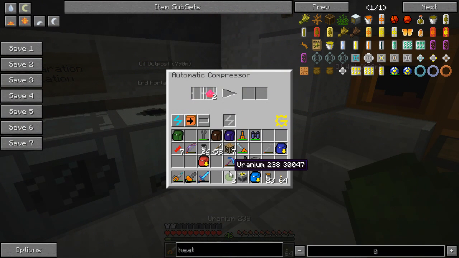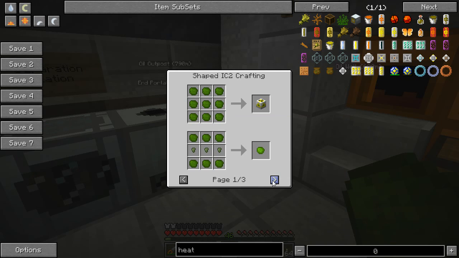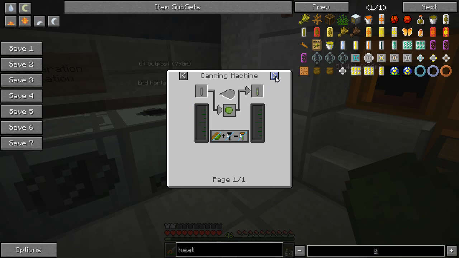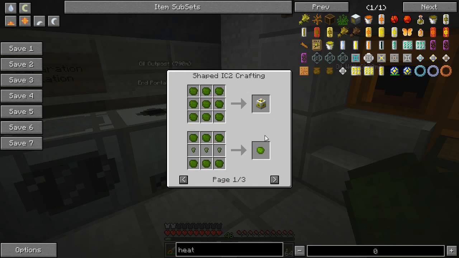So we need 6 of these. And we need, yeah, so 6 of these. And then we can make 1 of these, which gives us 1 fuel rod. That doesn't really look very efficient, but on the other hand, like if...